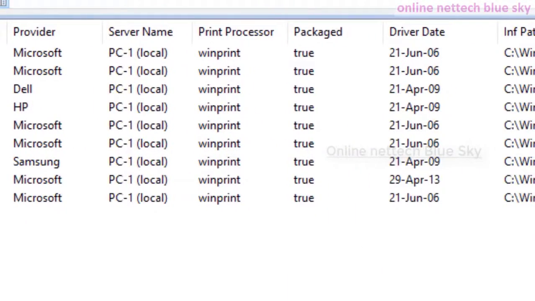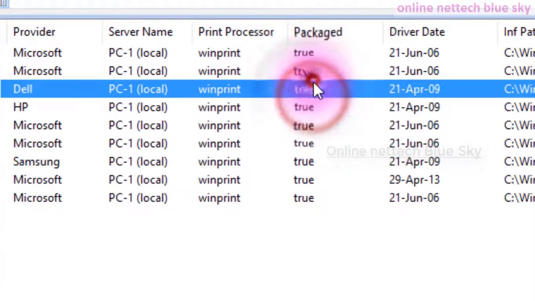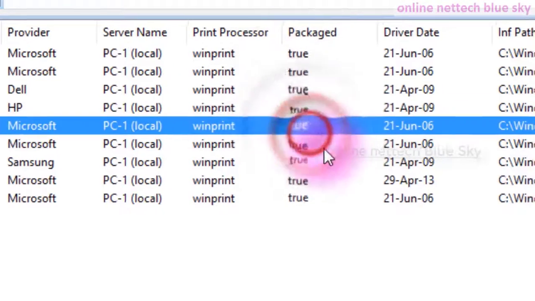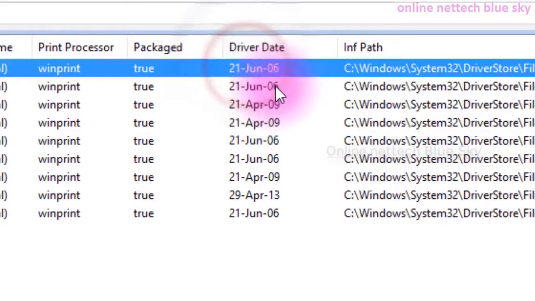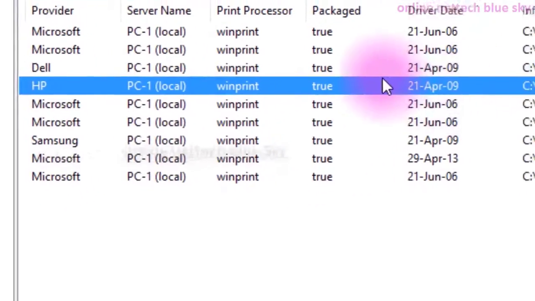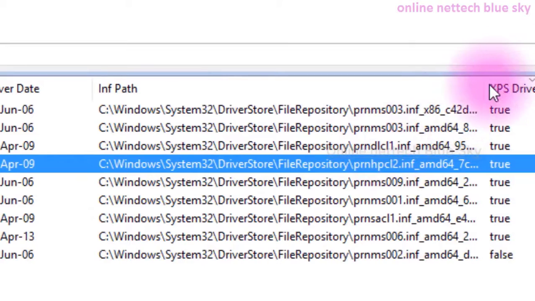This is the packet tree, which means all of your printer documents work in this system here. The printer driver works here, and this is the printer driver date. I installed the printer driver on 21 June 06, but the printer driver software was made in 2009.